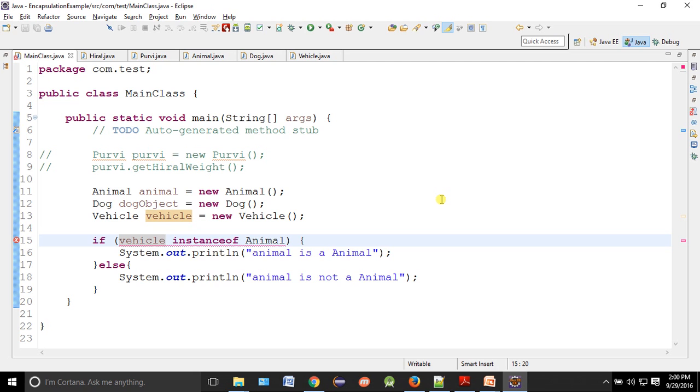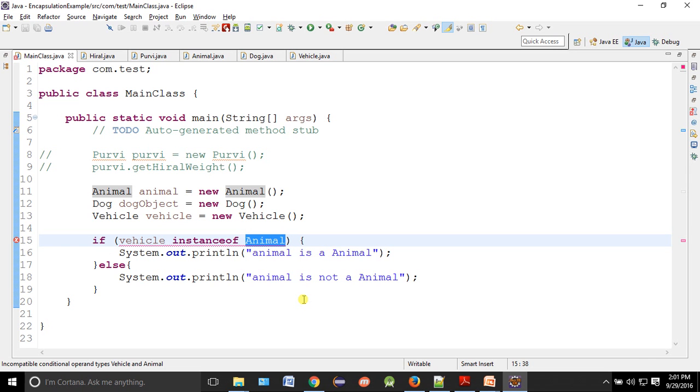Got it, right? So why are we getting the problem during compile time? As I told, an operator always fails during compile time. It will never go to runtime. See here, it is not running. It is telling you what the problem is. Let's go over there. What is the problem? Incompatible operand types. Because as I told, an operator will always work with operands. The operands which you are passing, this operand and this operand, both are not compatible. So that's why we are saying it is incompatible operand types.